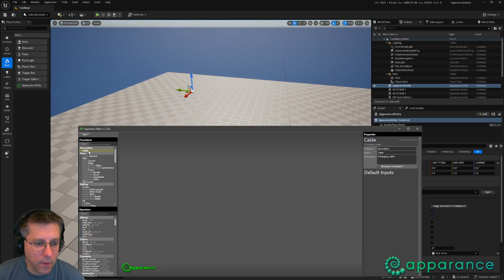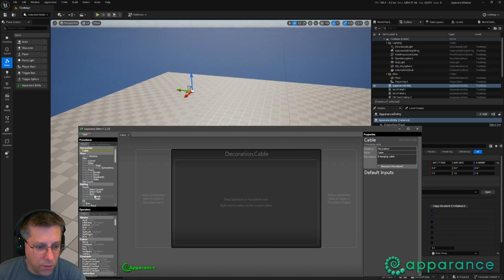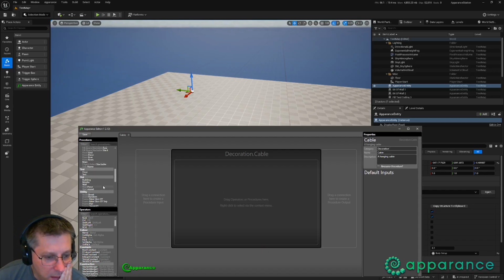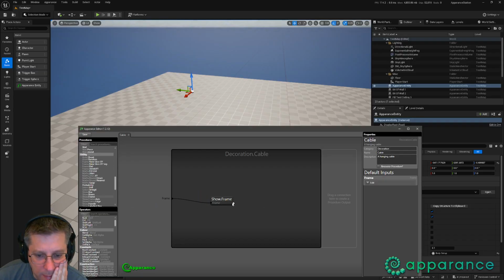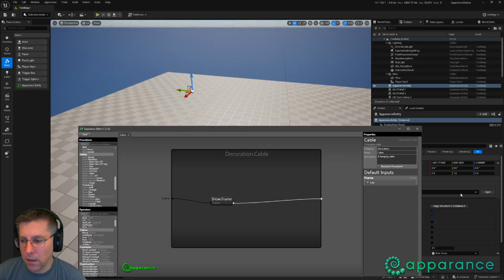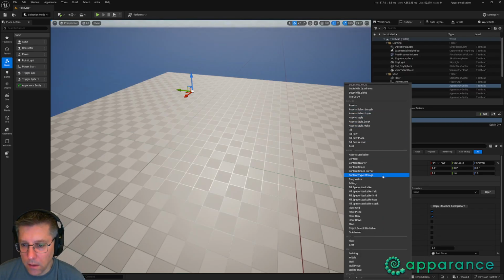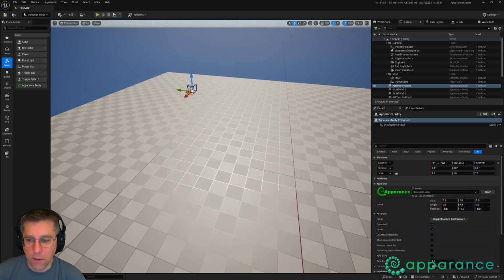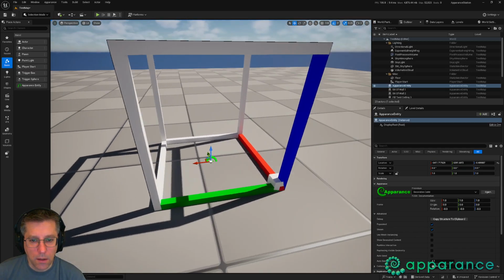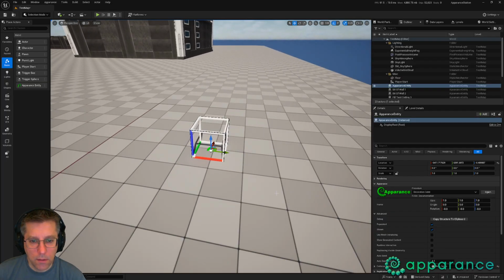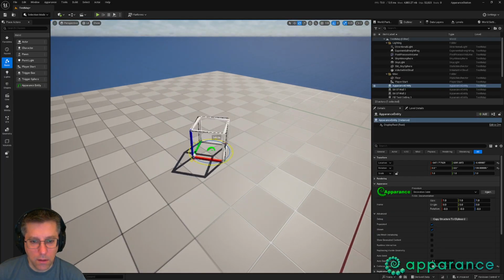Right, that is what we're going to do. As usual, I will start with this. So this is where we're going to put it, and this is what it's going to look like. Now we can assign cable decoration. Let's do that. Let's turn it around